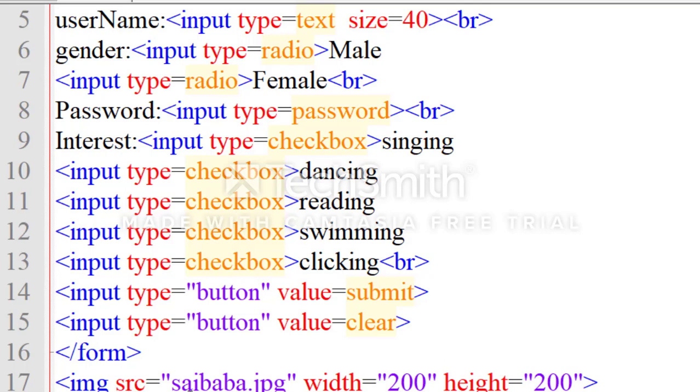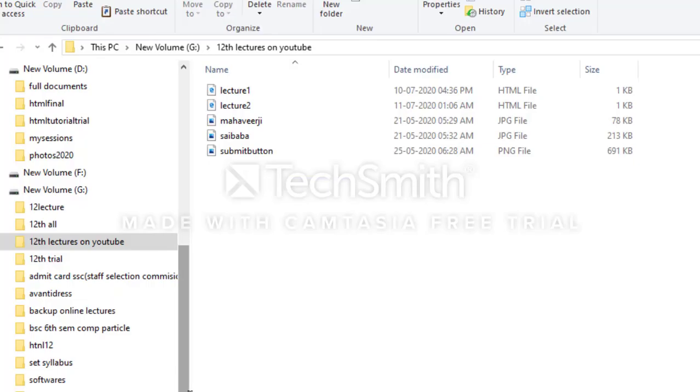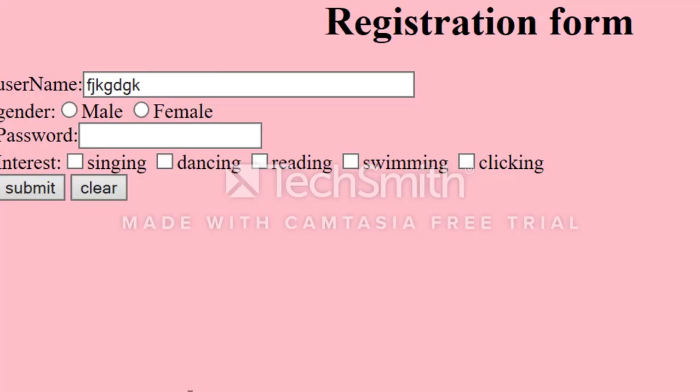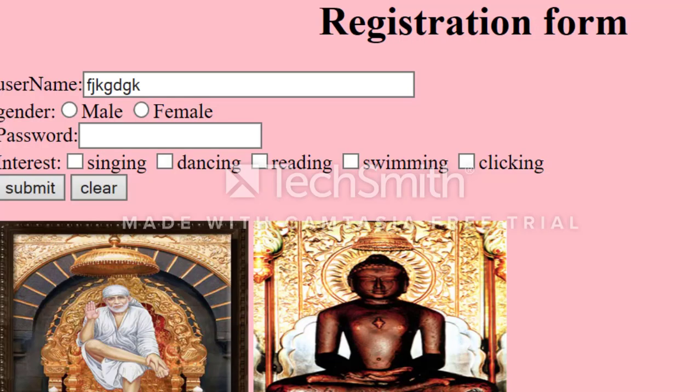Just save this file and run it. Refresh it. You can see the two images are here.